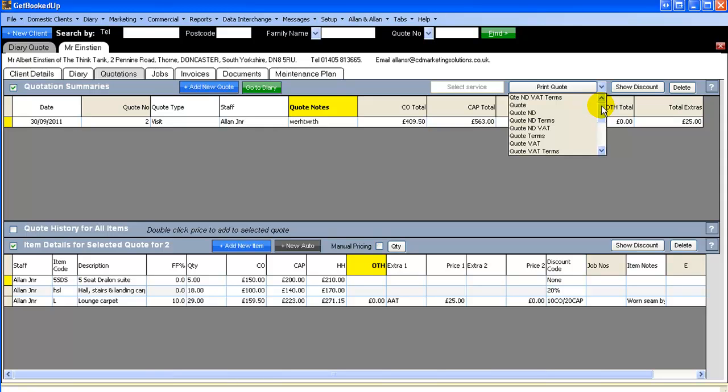So that's how quick and easy and simple it is to create quotations in the client's home and print them out right in front of